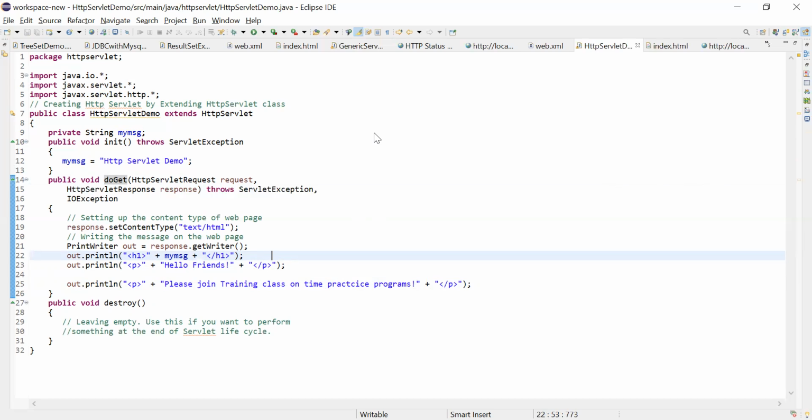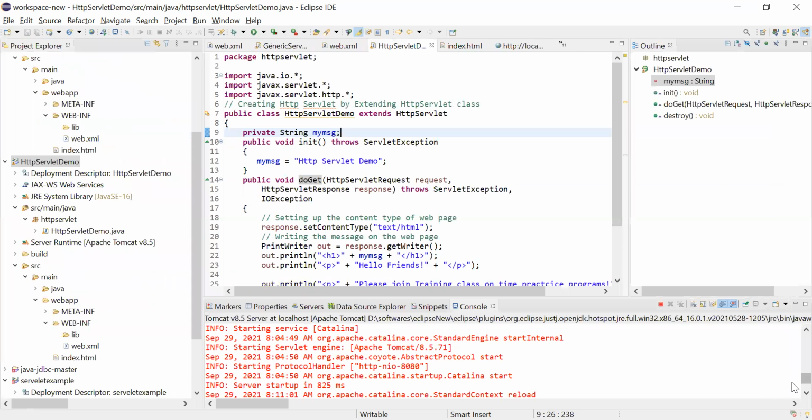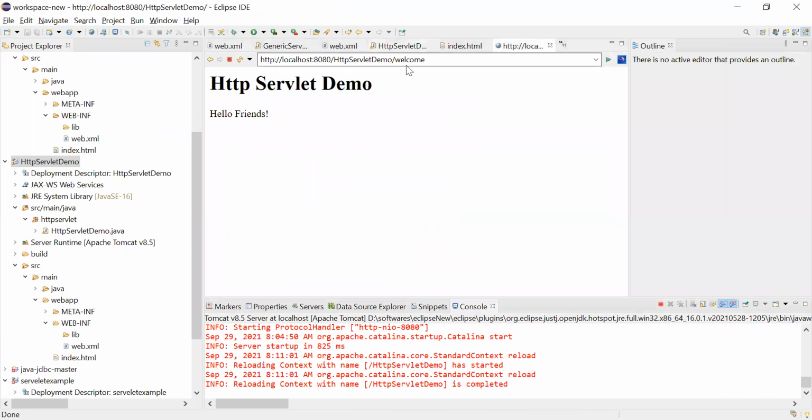Now let's rerun our application again. Once I made the changes, it's already reloaded. Okay. Click to call HTTP servlet. Hello friends. So whatever stuff we added automatically comes here now.